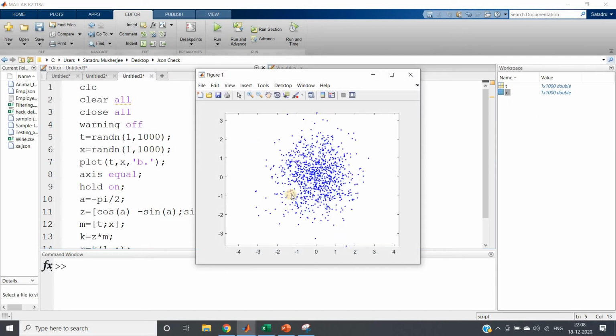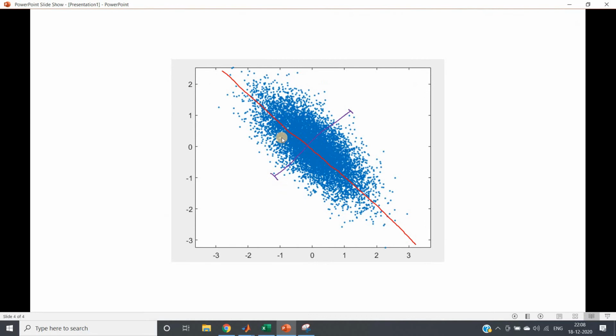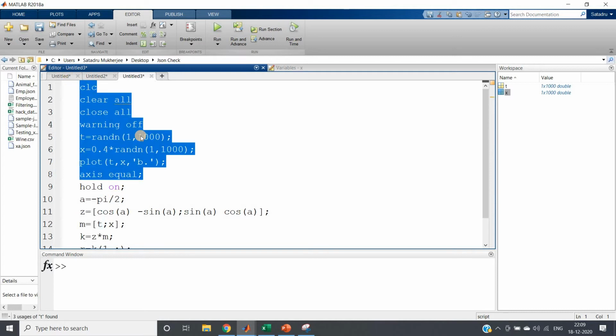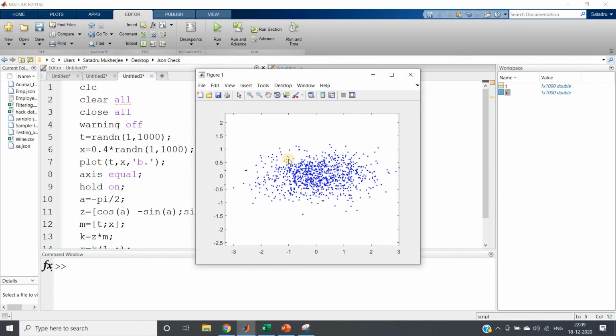So see, we are getting this kind of distribution. We can clearly understand that this is kind of a circular shape. Obvious, because for both the standard deviation is 1. See, random, we are not scaling the standard deviation. Now to make this oval shape, that means what? For one variable, whatever standard deviation we set, for the other variable it is different. So what we'll do, I will change this. Suppose the y value I am changing to 0.4 standard deviation and x is t. So now let us run this code and check. So see how beautifully we are getting this kind of oval shape, elliptical shape distribution, noisy data.